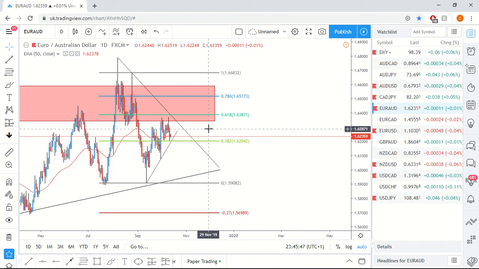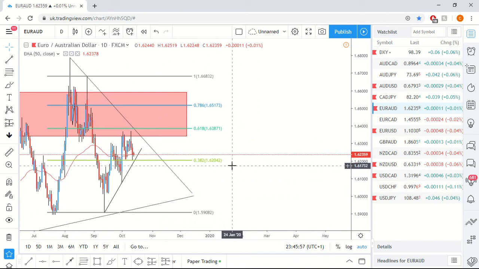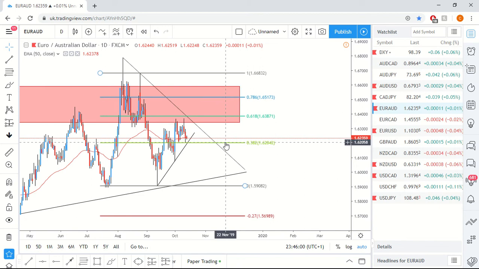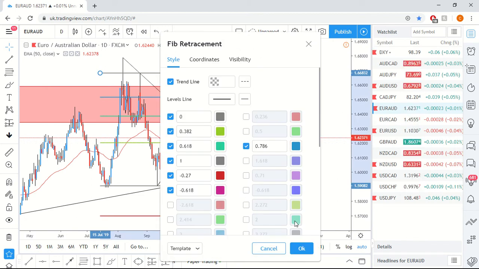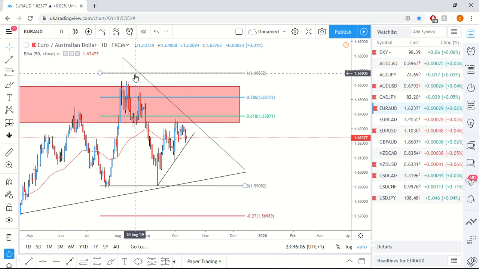Moving on to the Euro Australian dollar. This one I didn't really touch on last week, because I was waiting; it's important to be patient. But what I'm seeing here is this wedge formation. It's quite clean price action, and then what we're looking for is something like this. So we've got our Fibonacci here, placed at the last previous high, and then we have the last low.